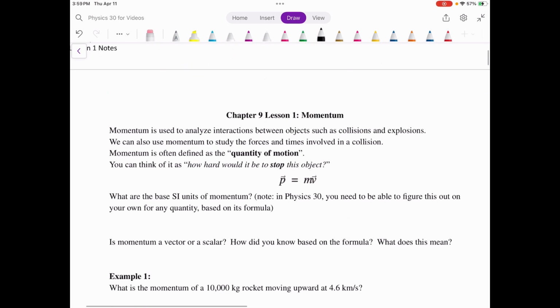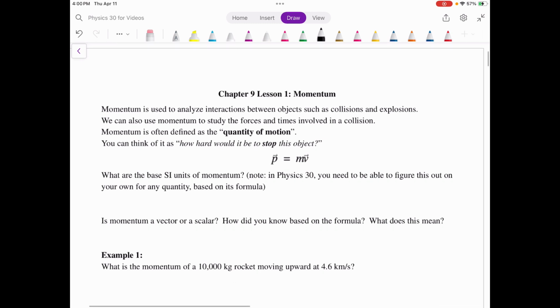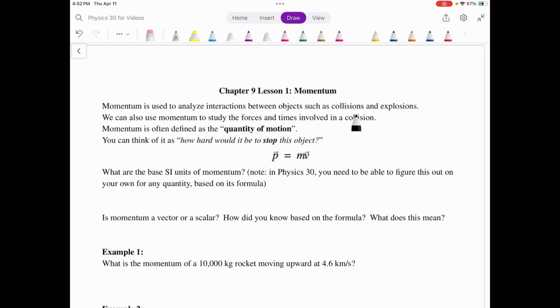So without further ado, we'll get going on Unit A, Lesson 1, Chapter 9, Momentum. Here we go, Physics 30, exciting. The first unit of Physics 30 is just one chapter, Chapter 9, and to be honest, this unit kind of fits better in Physics 20. There's just not much room in Physics 20, we already do so much, so they throw it into Physics 30